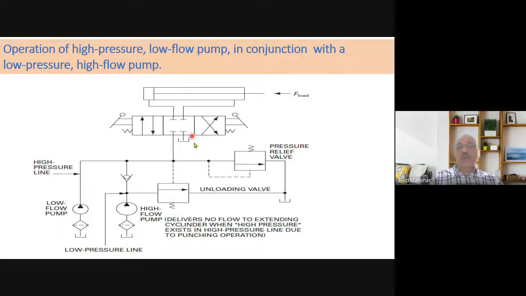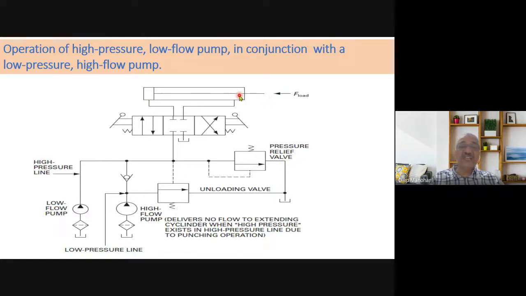We are trying to use the same logic here. Before it engages with the load, we fill up with the high flow. So the high flow low pressure pump will deliver the volume by normal logic. That means there is no regeneration here. Directly we can connect the left envelope here and shift it. So the high flow, low pressure pump will shift the cylinder to this end.